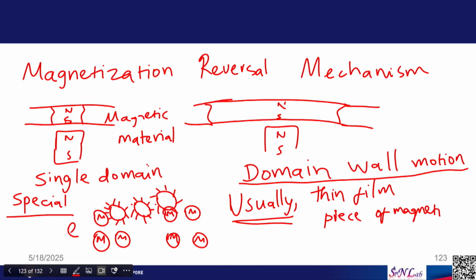Okay, all this and small. Then these particles will be single domain. So, these single domain particles will undergo coherent rotation